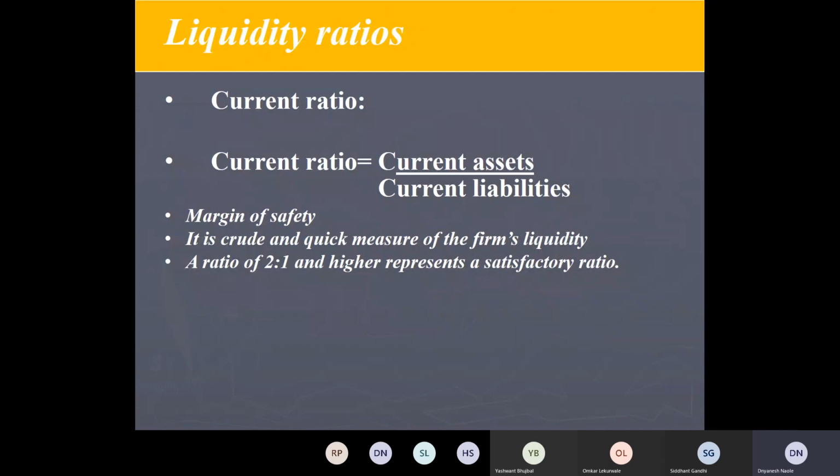So they won't get the money as soon as they want it, because their debtors are doubtful and don't pay in time, and the inventories are also slow moving. So their short-term solvency will be threatened. But still we can say the current ratio can immediately give you some information about the liquidity position of the firm. Is this clear? Current ratios?